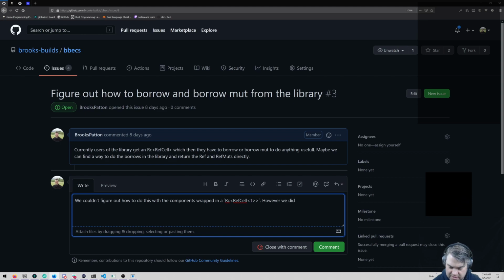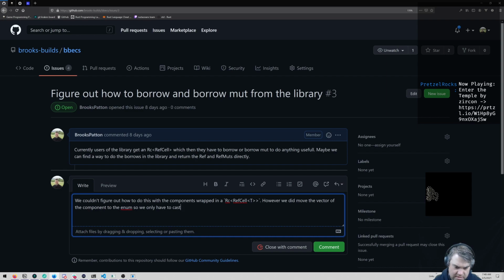However, we did move entities to, or the components. Okay, so we did move the vector of the component to the enum, so we only have to cast once.